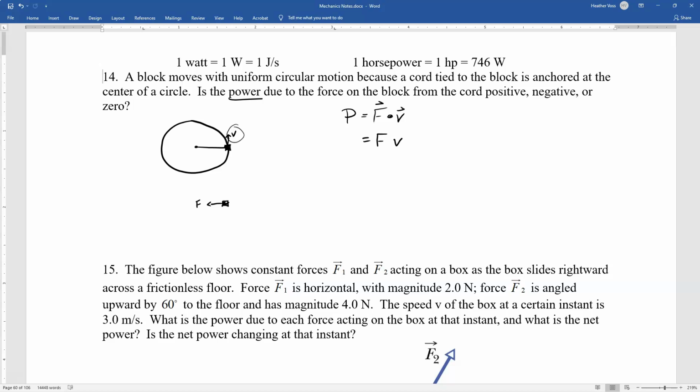My block velocity is up. So the angle between them is 90 degrees, because remember your velocity for uniform circular motion is always tangential to the circle. That force, since it's on the cord, it's always going to be to the center of the circle. Cosine of 90 is 0. So the power due to the force on the block from the cord